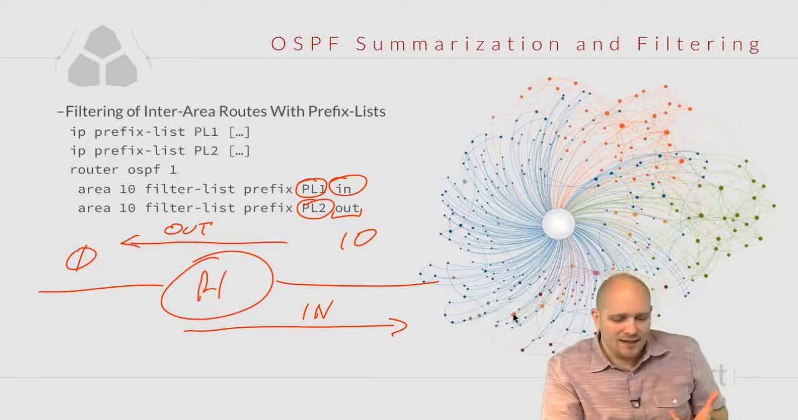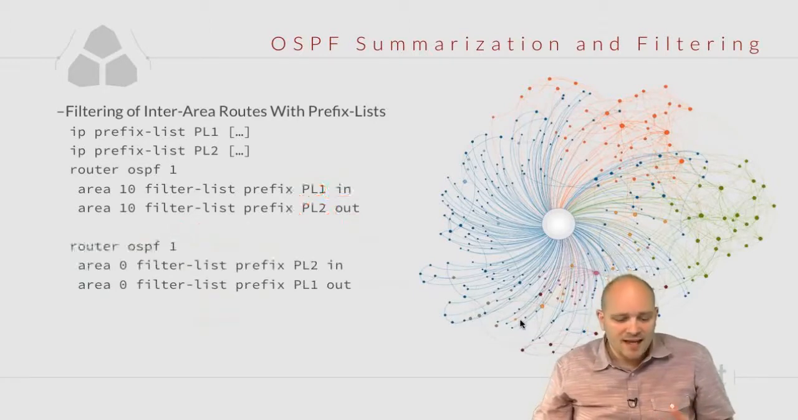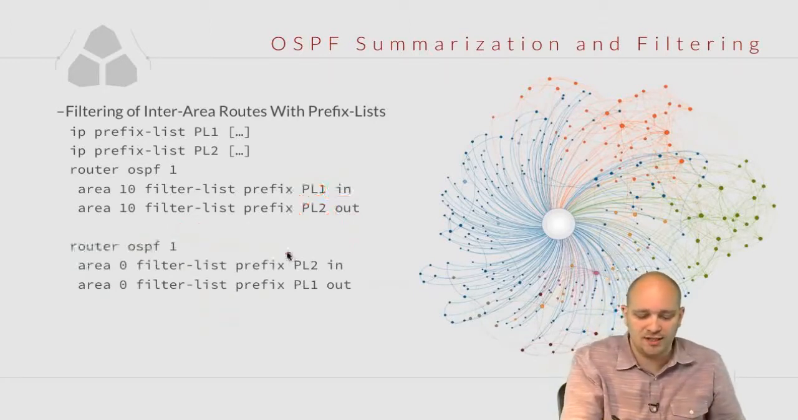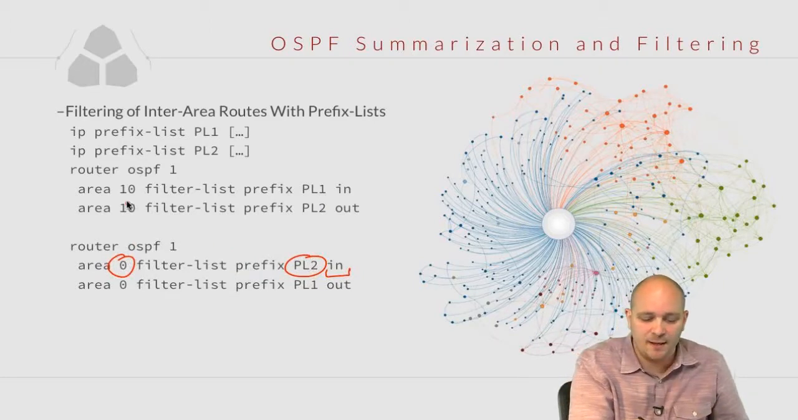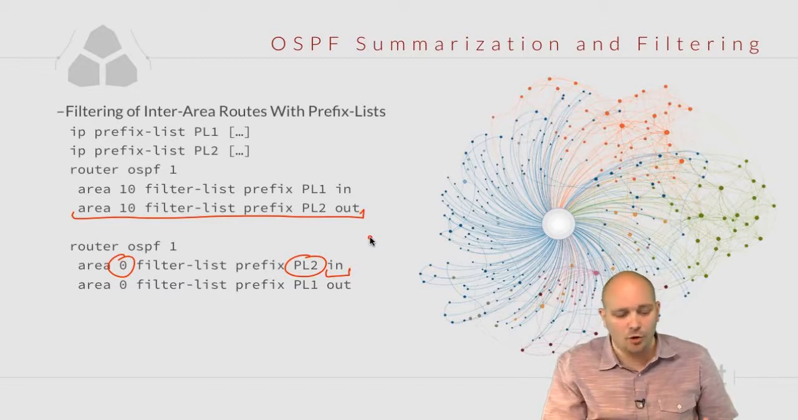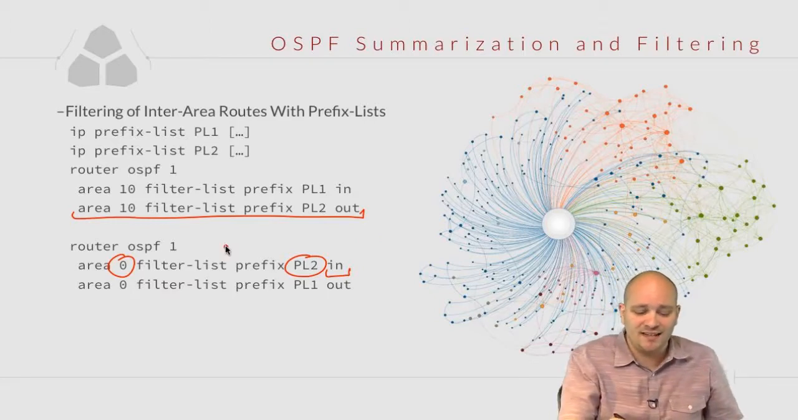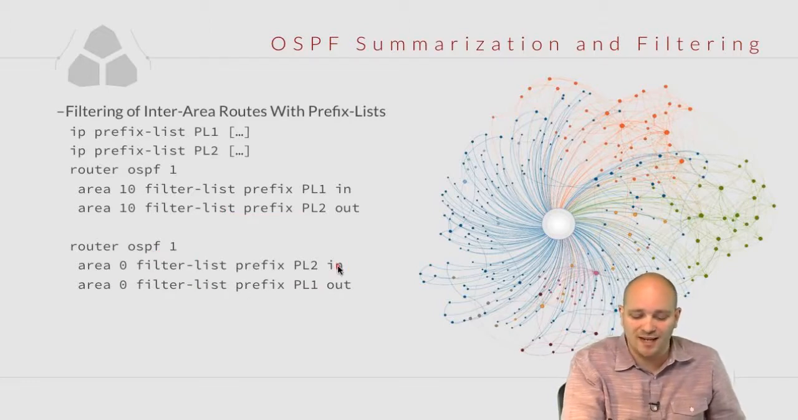Now, with this in mind, there is an equivalent setup of this that looks a little bit different. And here it is. Now take a look at this logic here. Here I'm saying area 0 filter list prefix PL2 in, which is basically the same thing that I have done here, given that only areas 0 and 10 exist on this ABR. If there are other areas, then these two are not equivalent. Because with this configuration, when I say filter the routes as they are being advertised into the area 0,